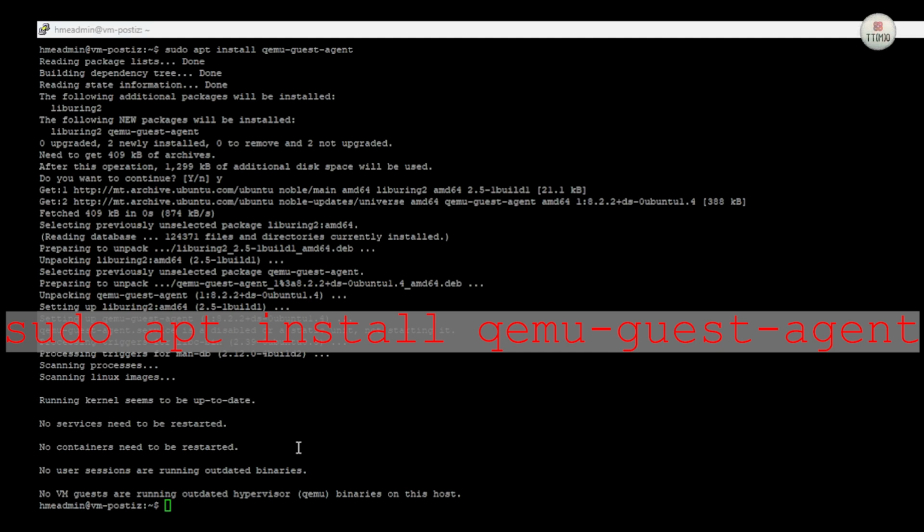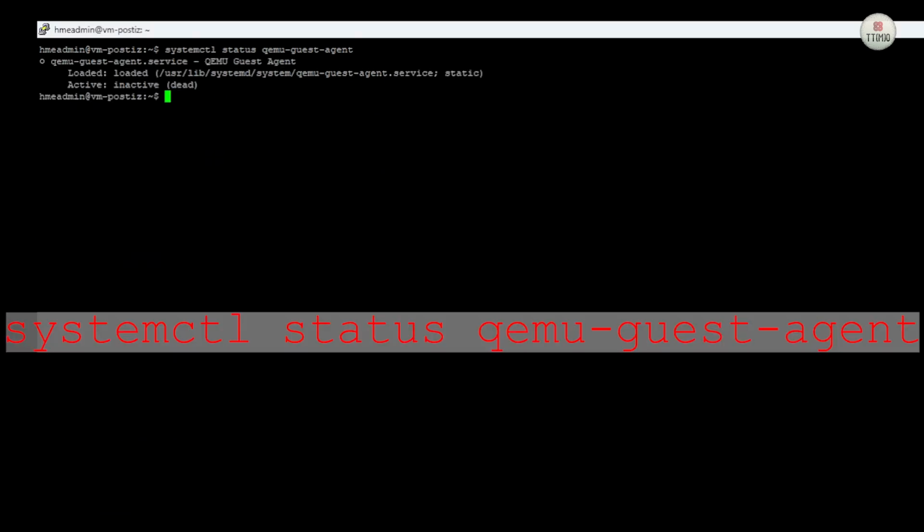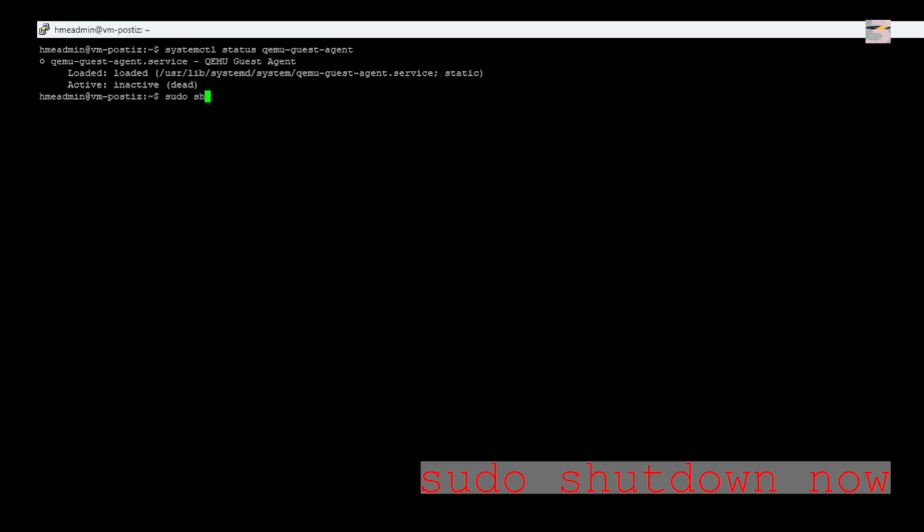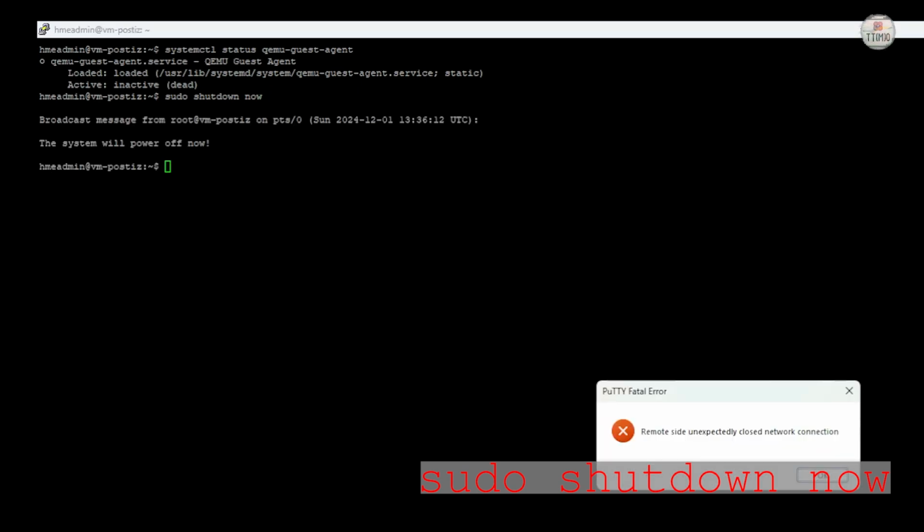Once the process completes, you can check whether QEMU is running, and if you try it, you will see that at the moment it is not active. That is because this process requires us to activate it from within Proxmox itself. So what we're going to do is we're going to shut down the server and then make the necessary changes